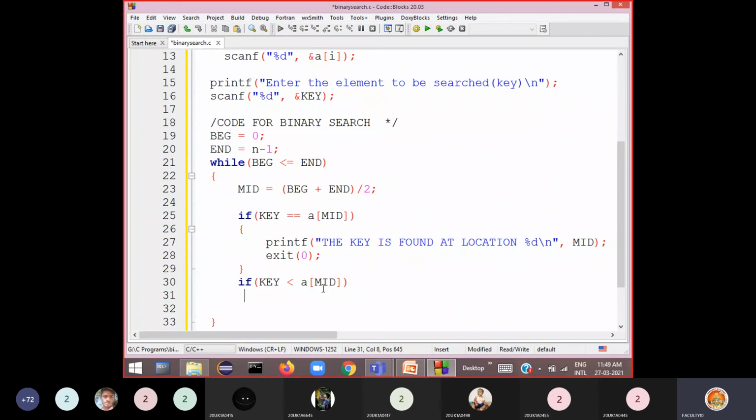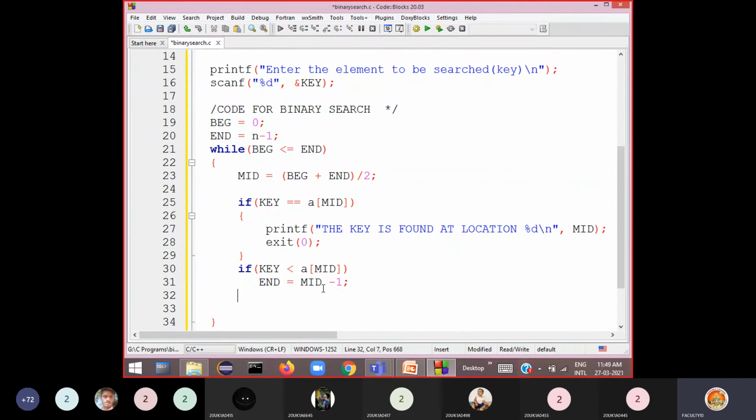So you have to reduce your array boundaries now. The left half of the array will become your search space. When you are going to the left-hand side, beginning will not change, only the end point will change. So end will become mid minus 1. End is equal to mid minus 1.